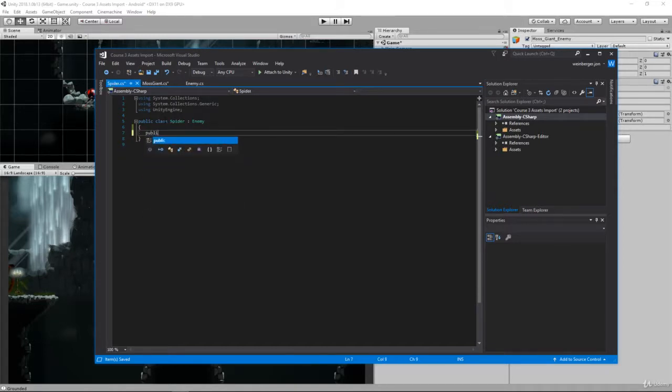We can say here, public override void init, and that's going to call the base. So in case we have anything specific to the spider or the Moss Giant that we want to initialize, we use this method